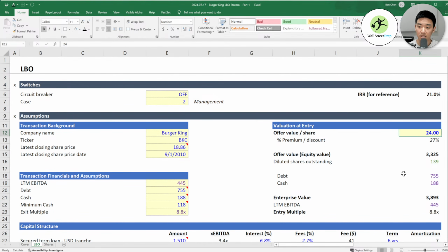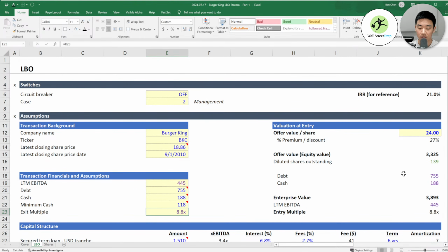What if I change the share value to $26, right? If I pay more for the company as a private equity firm, they do all of this analysis before they actually give the offer, right? And the company ended up paying $24 per share, but when they're building this model, they'll probably ask, okay, what if I pay $30 a share? Oh, my IRR is 17.4%. Okay, what if I pay $26 per share? 24, right? So that's just helpful to have this reference on the top right.